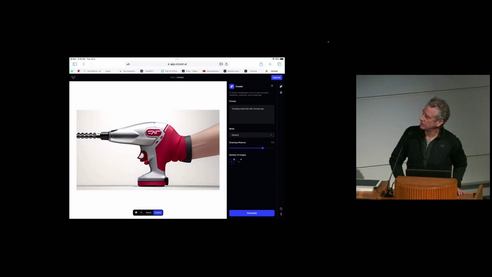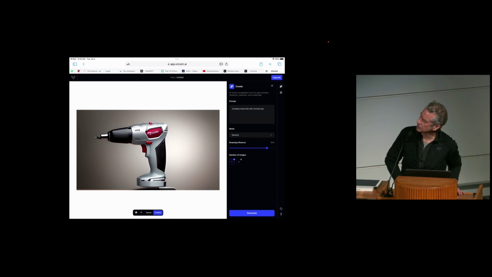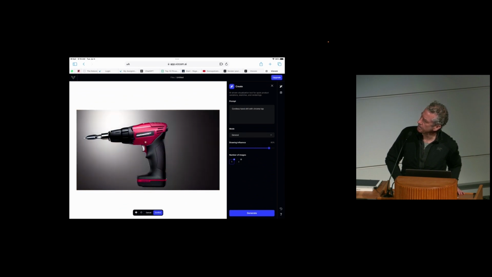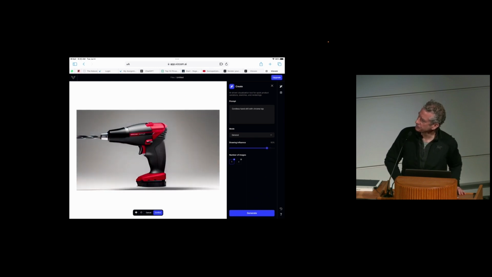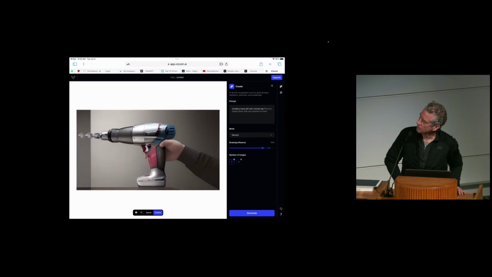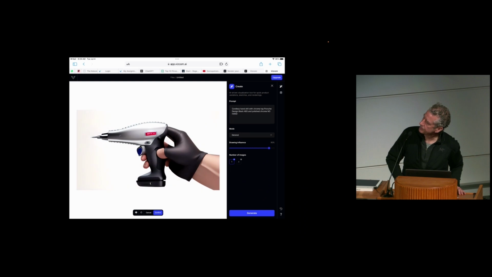It was so easy to generate that, again, I was back to this issue of, well, I don't know, that's kind of cool, but do you really need a glove for a hand drill? And then you get these totally normal ones, and lots of them. And this one seems to be defying gravity. I don't know if there's some tail coming off that hand grip. But I put together this group of images just to show how wacky some of this stuff is.